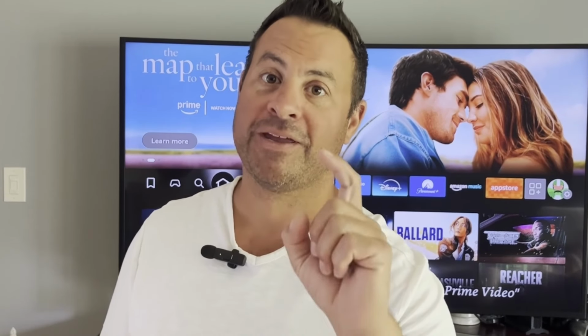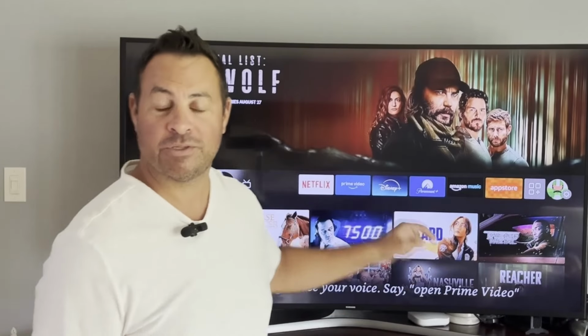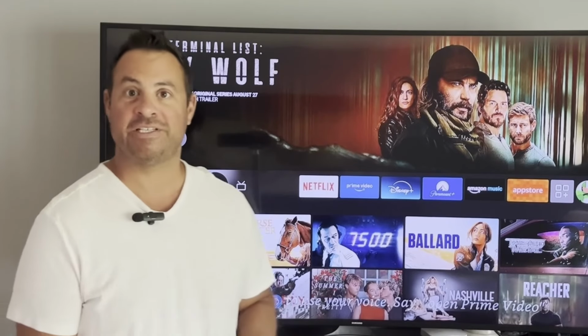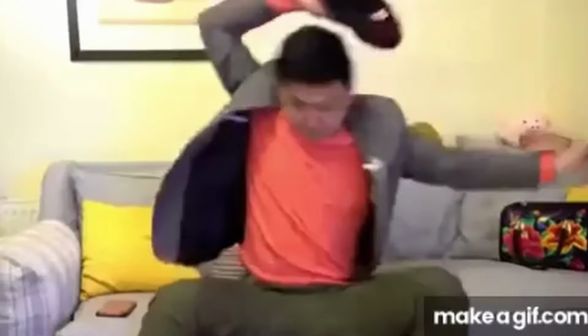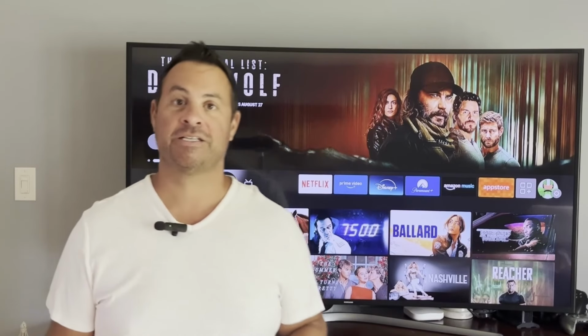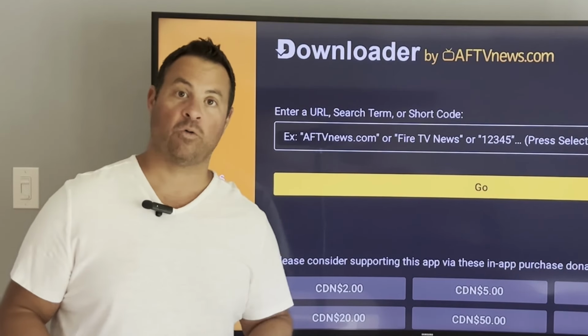Are you looking for one app that you can't find in the Amazon App Store? One app for movies and TV shows that'll pretty much have all of these? Follow along and I'll show you how. I have a short code for you,